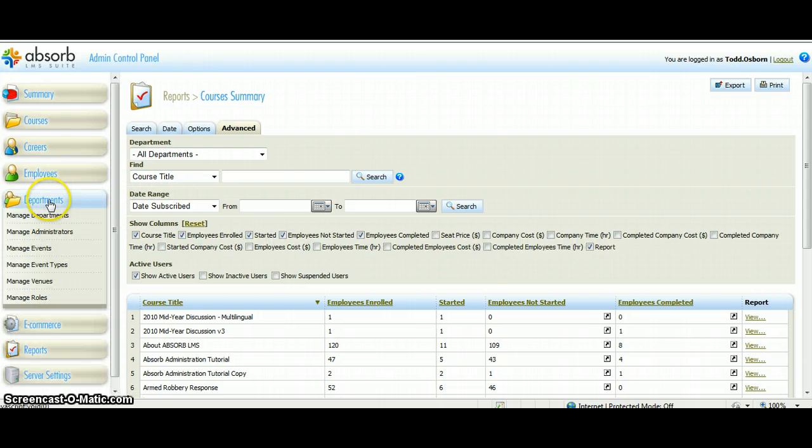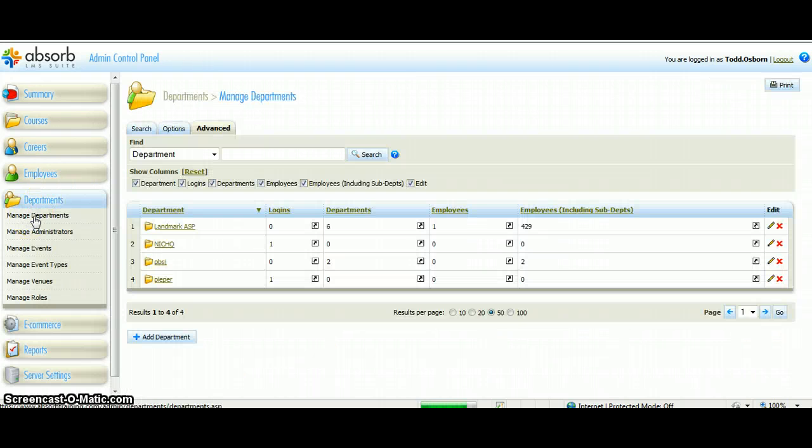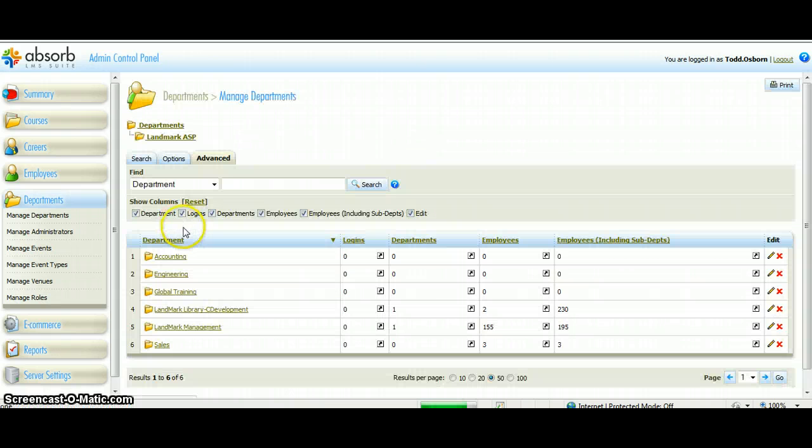The first thing that you want to do is go into Departments and go to Manage Departments. When you're in Manage Departments, you can set up as many departments, and keep in mind that a department is just the name that we give it, but a department could literally be an individual client or internal people or whatever it is. And then in your department, so for instance here, if this is your company or this is a client of yours, Landmark, you can drill into the Landmark department or client